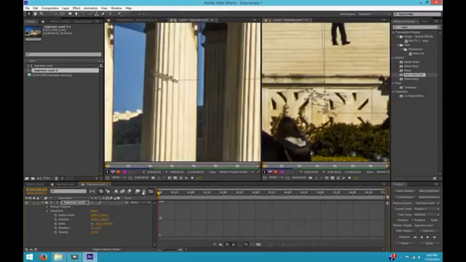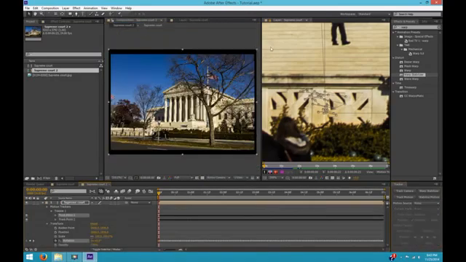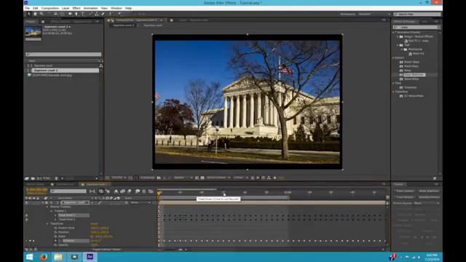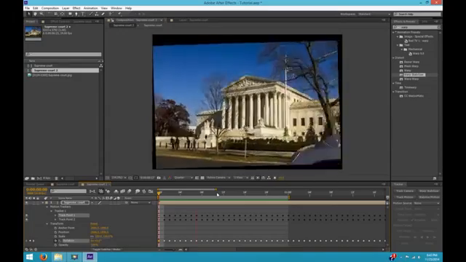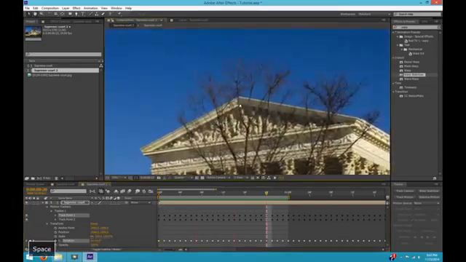Oops, didn't mean to click that. Okay, so now I only have one tracker. I'm going to apply it. Okay, so what's going to happen here is this is not going to work, but I wanted to show you what happens if you simply do rotation, position tracking first and then rotation tracking. Let me just show the first second. Now, it looks not too bad, but